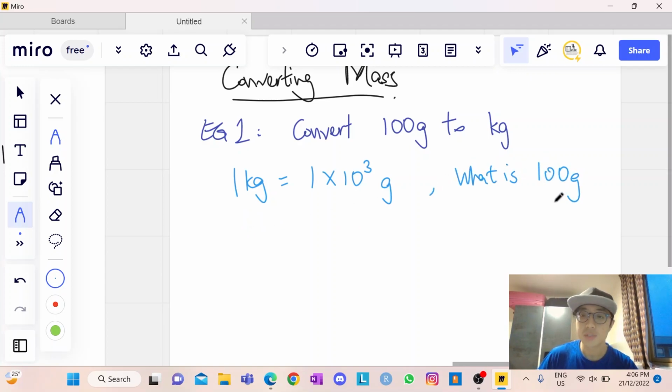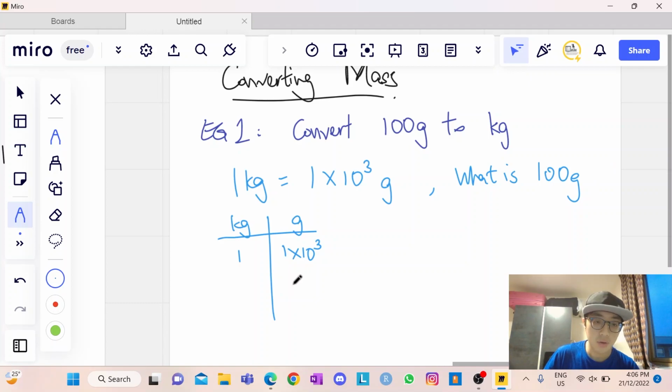100 grams in kg. Okay, so we can use the table method that we used to calculate the currency exchange rate and a lot more, like the ratio last time in the video. So we can write kg and g. Okay, so 1 kg is equal to 1 times 10 to the power of 3 grams, and you are looking for 100 grams in terms of kg. So you will do cross multiplication. You will get